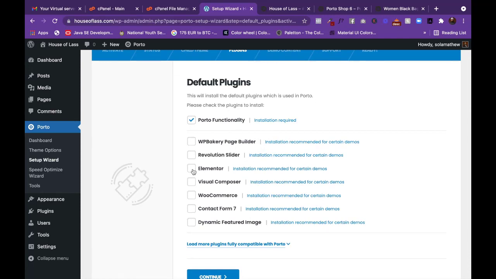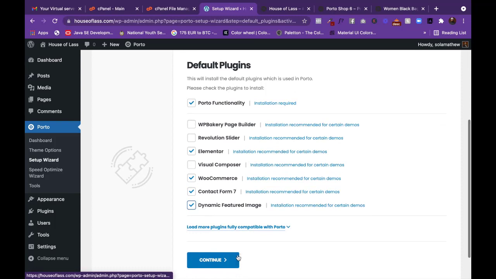Okay, so what I want us to use is this Elementor. Installation is recommended for certain plugins. So that is what I want us to use. And then of course WooCommerce, contact form, and then you can actually use this too. So click on